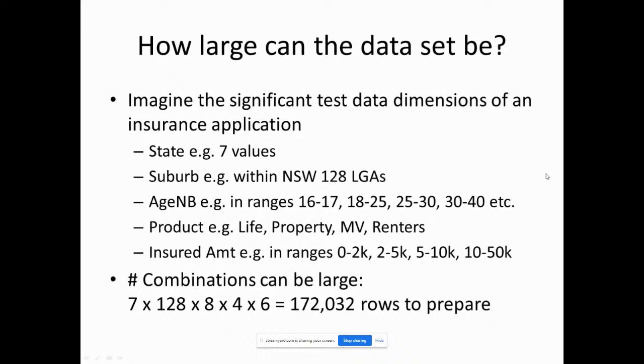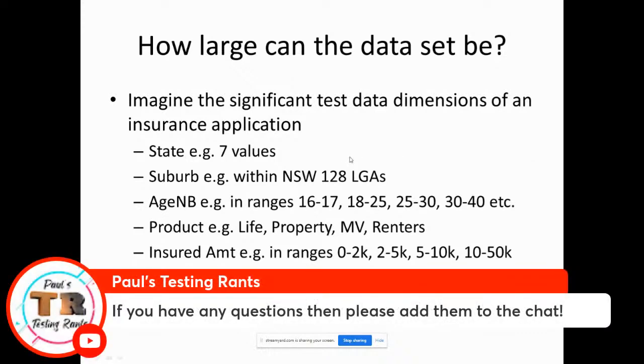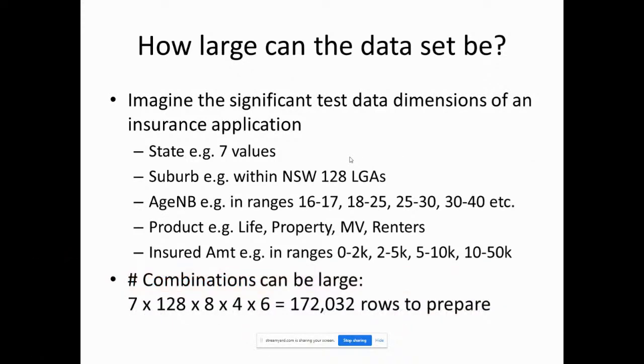How large can these data sets be? Well, this is a bit of a made-up example, but say you had a state and there were 7 values, and even in New South Wales, there are 128 local government areas. If you took that as suburb, there'd be even more. You could say that there are age, next birthday, say if it was an insurance product in various age ranges. You could have an insurance product, life, property, motor vehicle, renter's insurance, and you could have an insured amount in